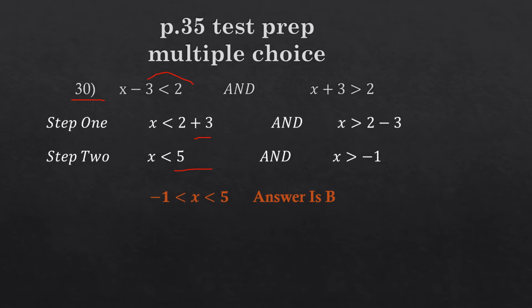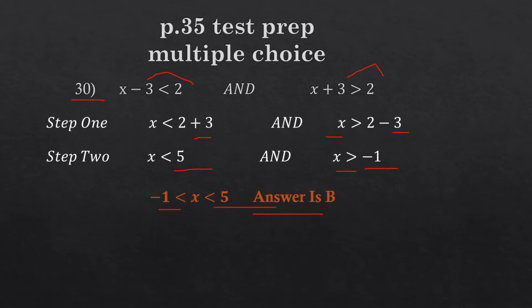On the right hand, we have x plus 3 greater than 2. Move 3 to the other side, it will be negative 3. So x greater than 2 minus 3, which is x greater than negative 1. Why negative 1? Because 3 is greater than 2, so we have to use the sign of the greater number, which is 3. So the answer is B, which is x is between negative 1 and 5, which is x is greater than negative 1